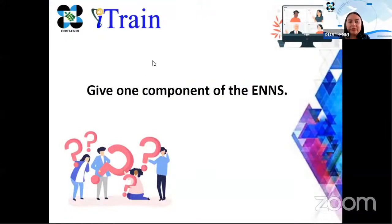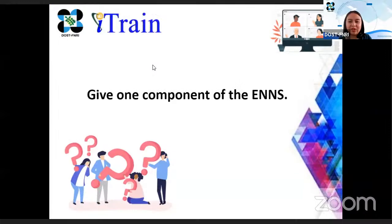Okay. So, ang ating question po, please give one component of the Expanded National Nutrition Survey. So, one component of the Expanded National Nutrition Survey po. Sino po ang pwedeng magbigay ng isang component ng ENNS o yung mga data na kinokollect po during the Expanded National Nutrition Survey? Okay. Ma'am Marigold,